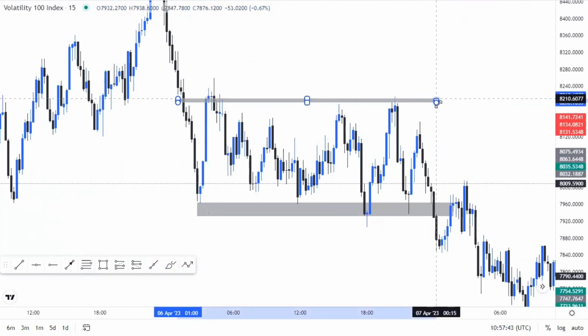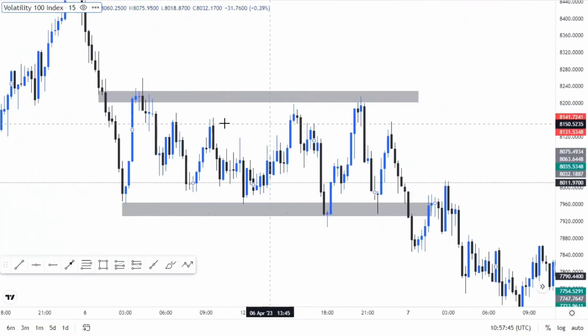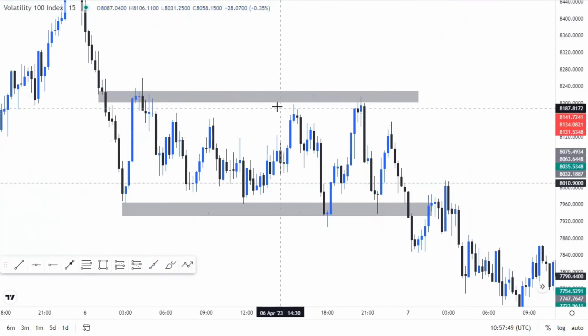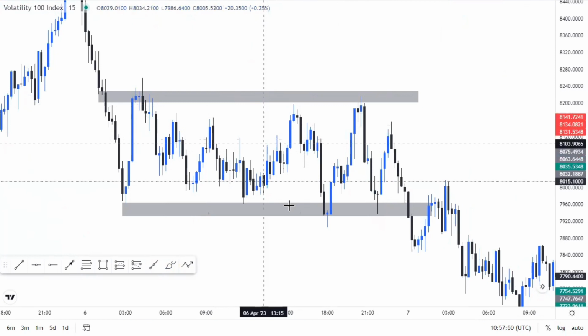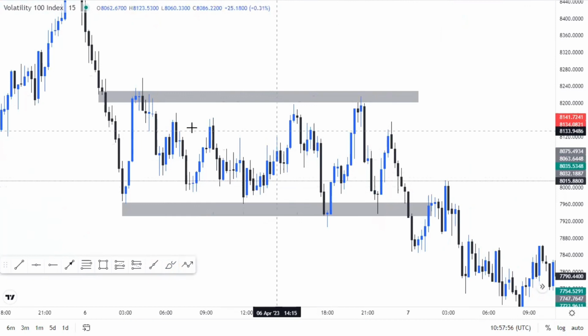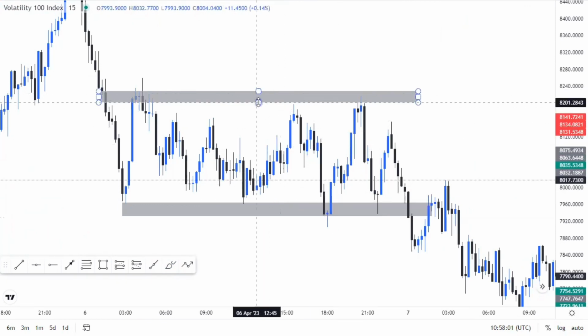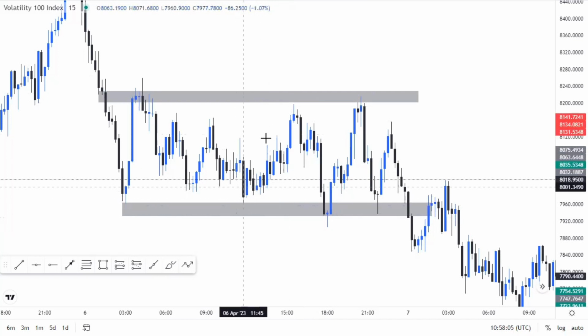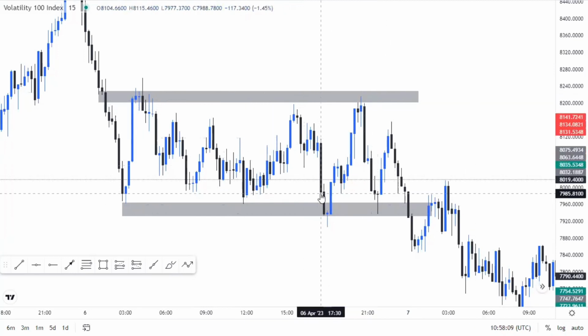Here. This is a perfect one. So this is a perfect one, right? So this is actually cleaner than the other one. So now we have been able to establish our high and our low, our high being our resistance and the low being our support level. So at the resistance level, you're looking for opportunities to sell, and at the support level, you're looking for opportunities